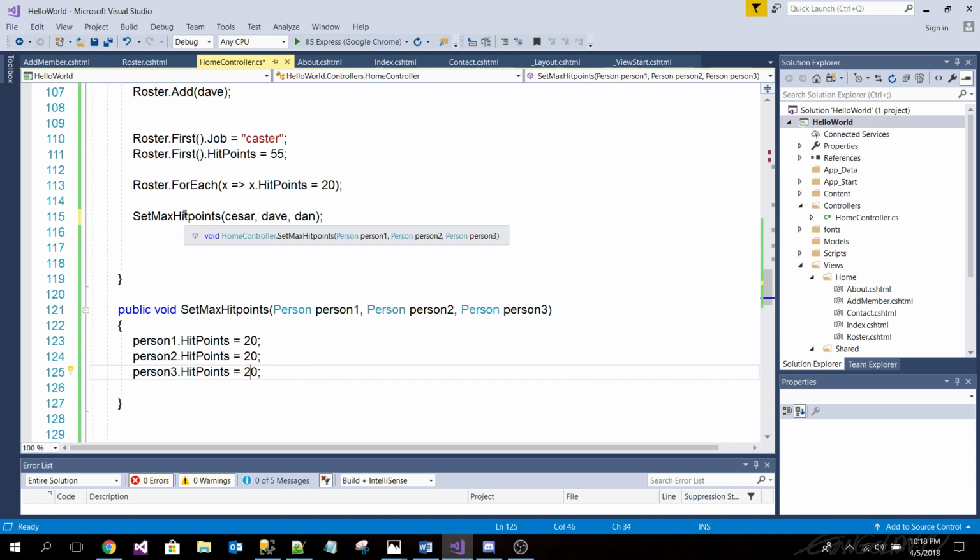Does this make sense, sort of? Because I know we might need to do a refresher on functions, but you guys see this function, right? That it takes 3 people and sets their max hit points. All right. So if we had, let's say, 10 people in our party,